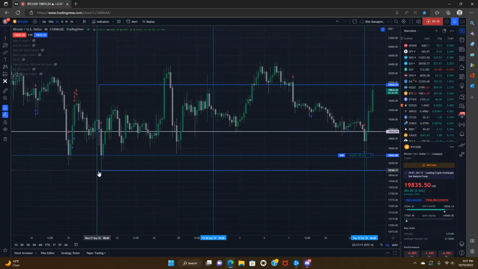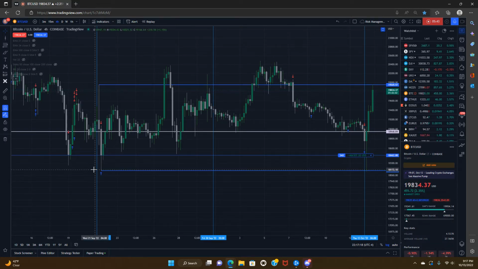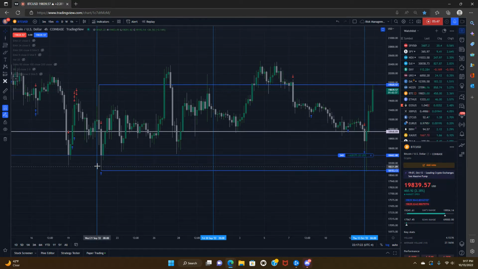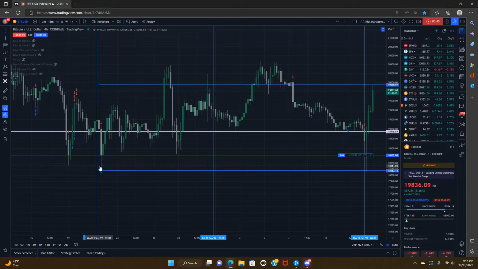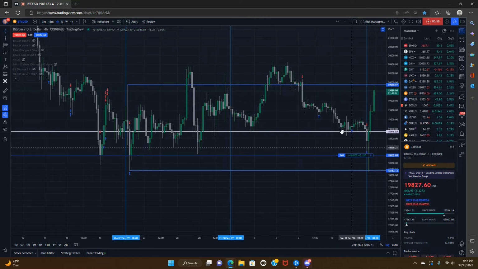I really didn't expect these lows to get ran, but I also was kind of open to the possibility of it. And that's particularly why I didn't have a stop loss set here. Just because, while I did identify the fact that capitulation had already occurred, and Bitcoin was likely bottoming out,